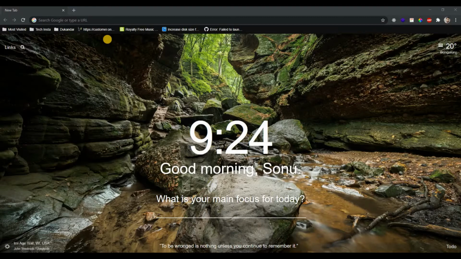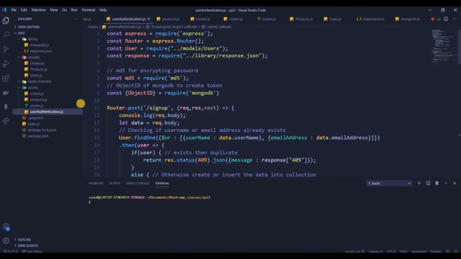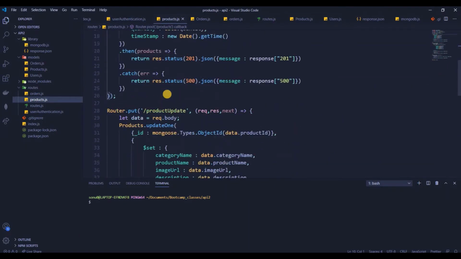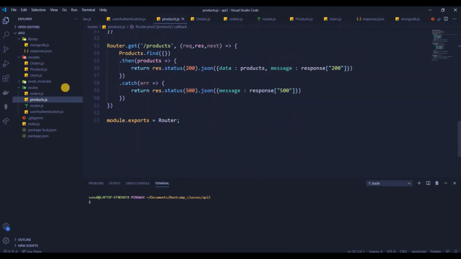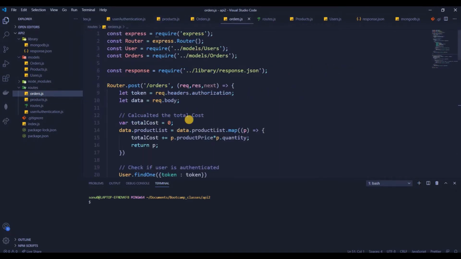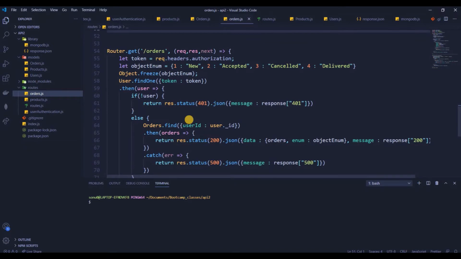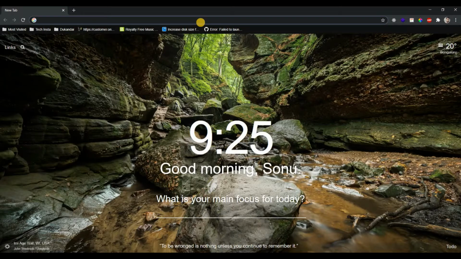So in our previous days, what we did was we created all the APIs that we needed for our user authentication, like sign up, login, then in products, post, update, getting all the products, and also in orders, post and get. Correct? So now we'll see how we can deploy our complete Node.js app to Heroku so that we get an HTTPS URL rather than doing it in localhost.